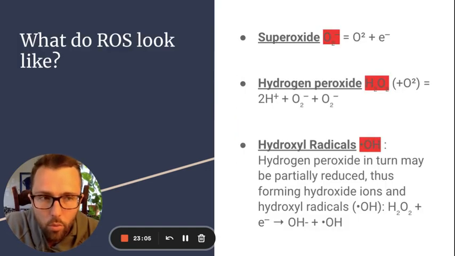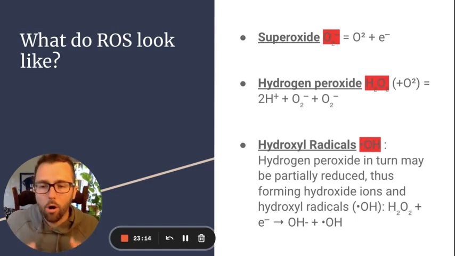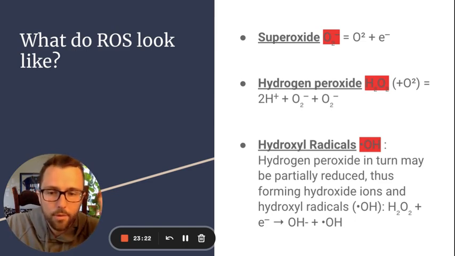So again, we need to identify just a little bit further what our ROS are. Like, what are they? How do they come up? Where do they come from? How are they disposed of? What do we need to do? So, three